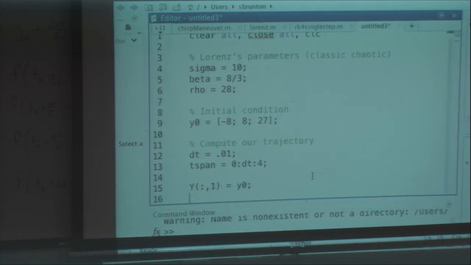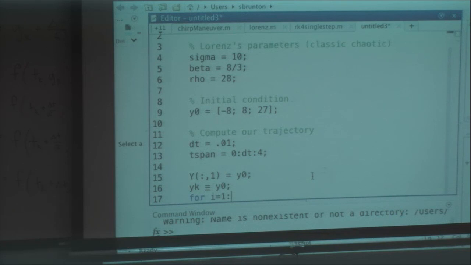Okay, and then I'm going to say yk equals y0. For i equals 1 to time span, what is happening here?